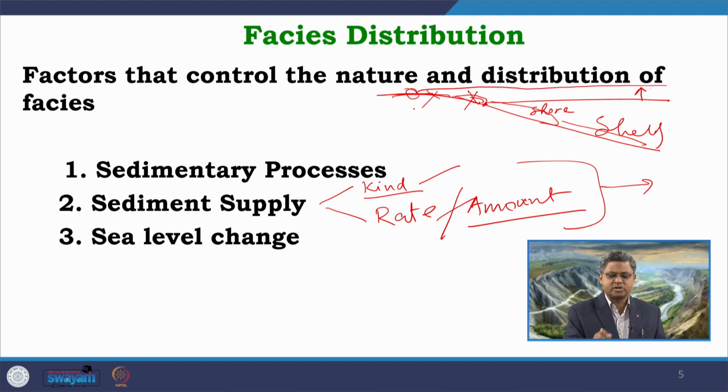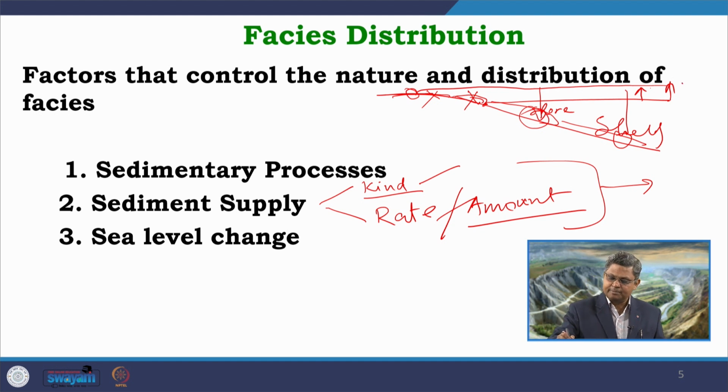This portion which was earlier a river system is now under sea, under coastal area, and this area which was earlier a shore is now under further deeper condition. The shelf which was earlier a shelf is now under further deeper condition. So, just this changeover in the sea level will entirely change the conditions in terms of energy, in terms of processes across this entire area. And when we have change in the process, when we have change in the condition, the resultant facies will change.